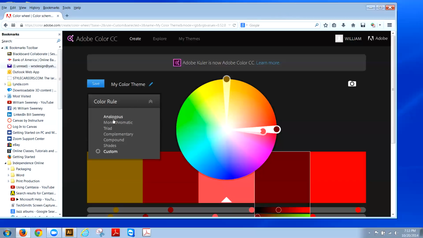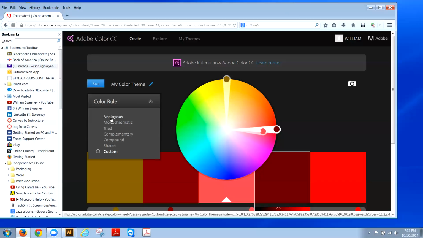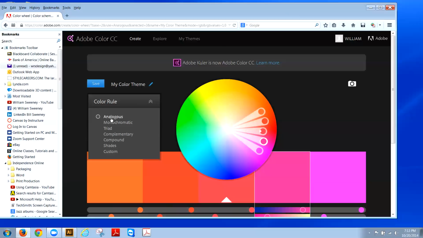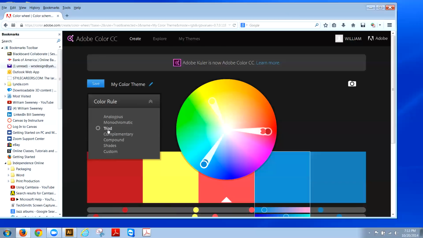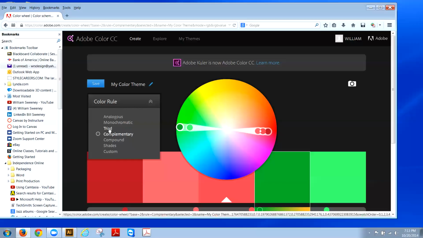I'll open this up. They're going to ask you to do, I think, analogous is one, okay? And they're going to be talking about a triad of sorts. And of course, complementary is going to be one. So here are just a few of the rules that they're going to be asking you to deal with this week. You can get the information right out of Kuler here, or if you want, read the book, and the book will tell you all about these color relationships. I'm sure it will also give you visuals that you can use to guide you